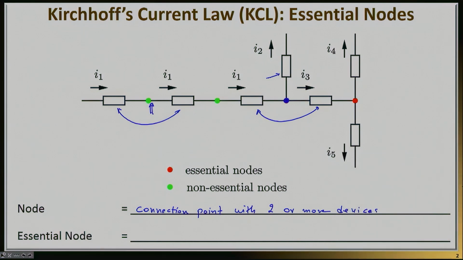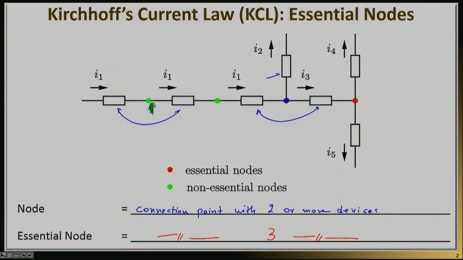So this green node that I showed you in the very beginning is a node that connects two devices. On the other hand, an essential node is, again, a connection point, but now with three or more devices. And the reason we make this distinction is that when you have three or more devices, the flowing